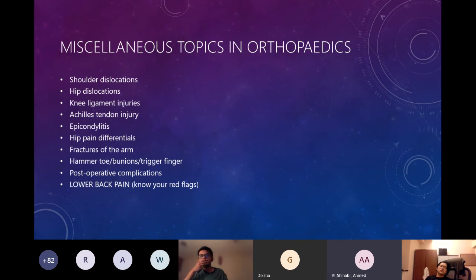Anytime they bring up something like hammer toe or bunions or trigger finger, look at a picture of those to figure out they are conservative management, unless it's really, really bad, in which case they might operate. Know a bit about post-operative complications, things like complex regional pain syndrome, but they never really come back. But by far the most